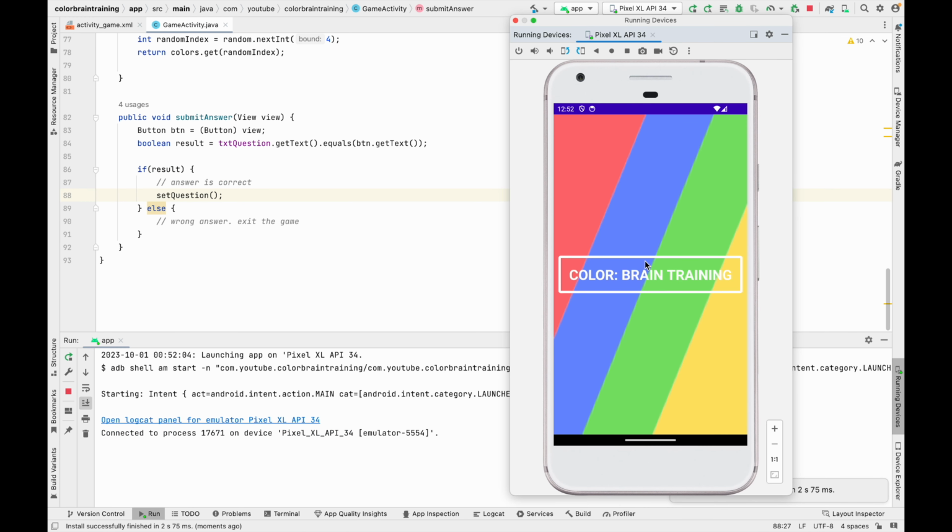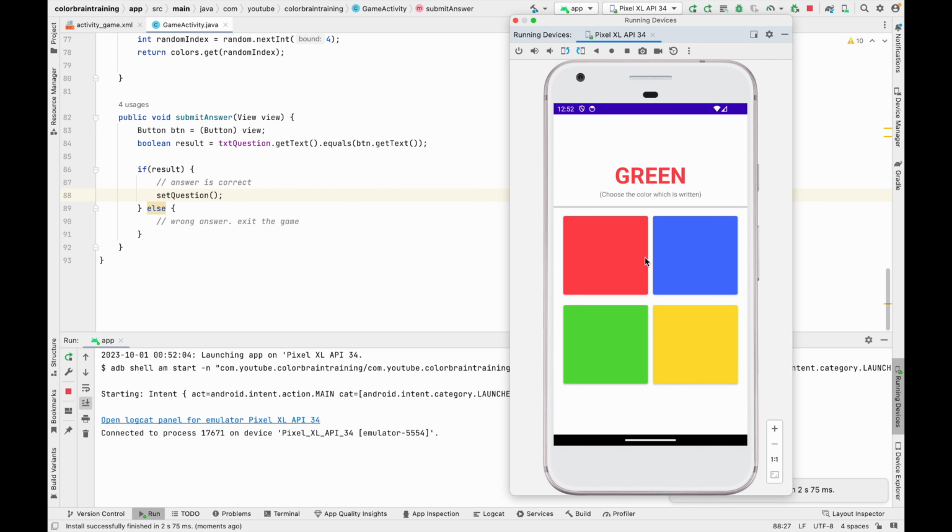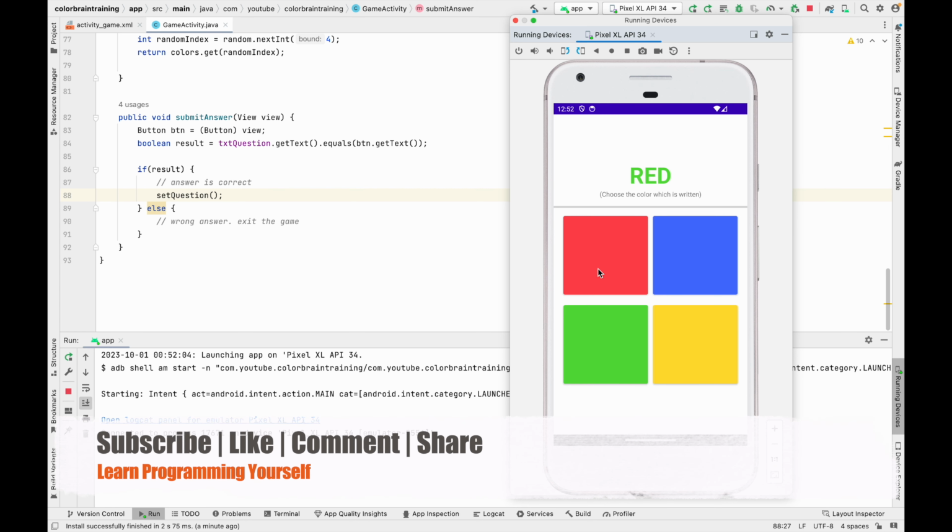The application is now running, and if I see, the very first option that we are getting is green, so we have to click on the green. If I click on the green, we are getting the blue, so let me click on blue, again green, again red. So yes, now if you submit the right answer, it is generating the new question, and it is giving the expected output, right? But if at all we give a wrong answer, then we have to exit the game and